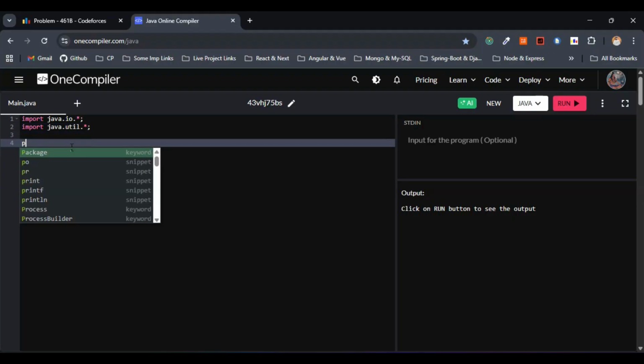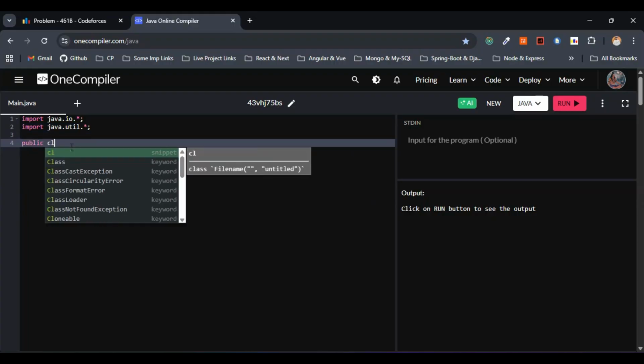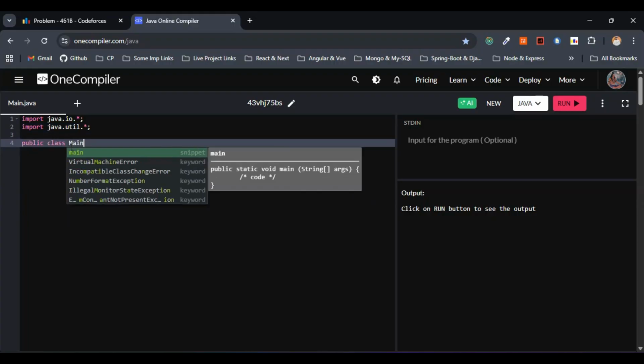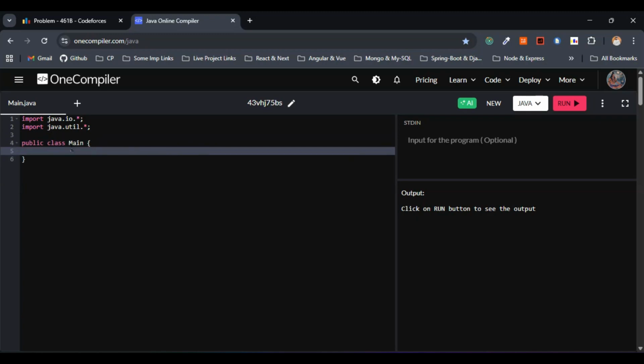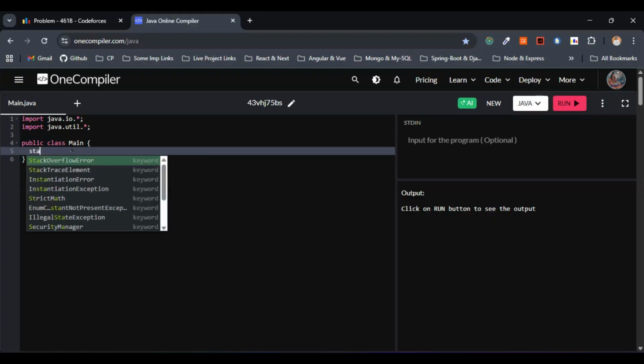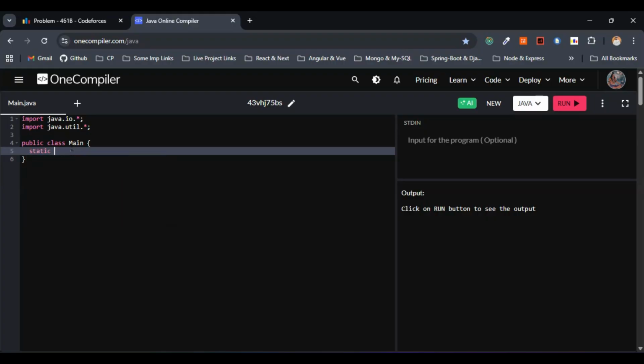Now let's go with a class. I'll just go with class Main. I can give any name that is relevant to the question, so I'll just give Main here. First of all, they have asked in the question to make use of the mod value, right? So let's go with the modulus for answers as it is asked in the question. I'll go with static final int mod here. They have given 10 to the power of 9 plus 7, right? So in the question,